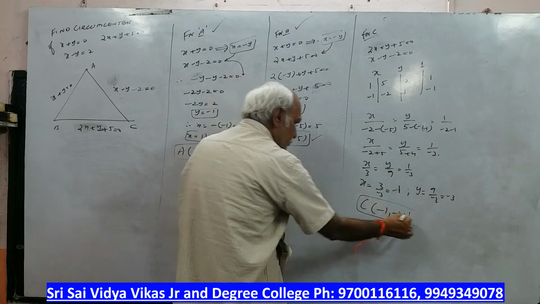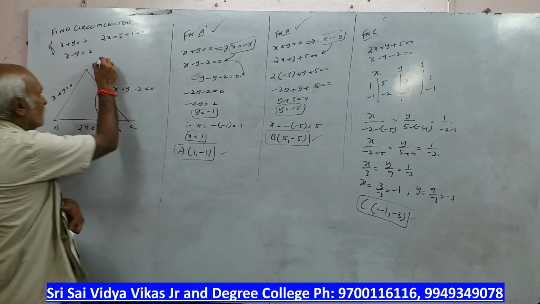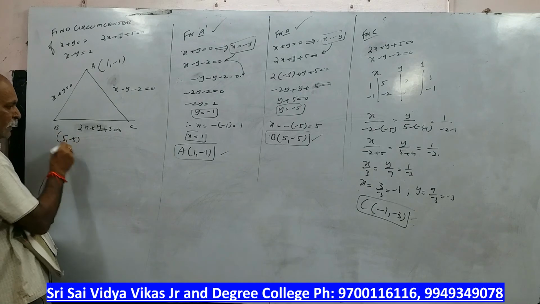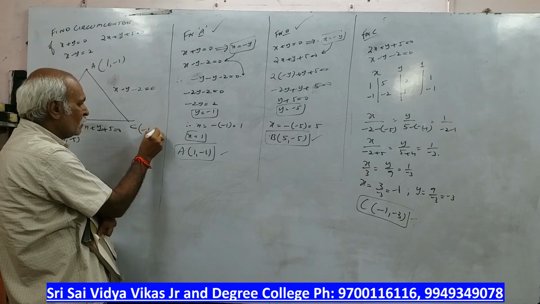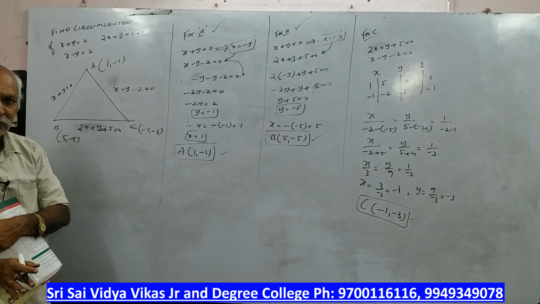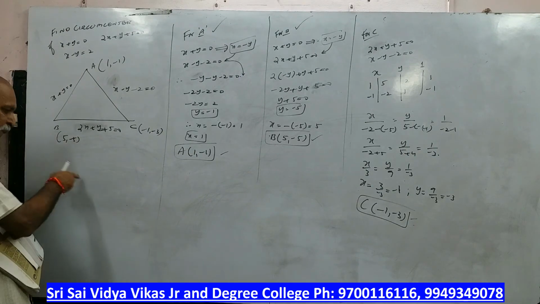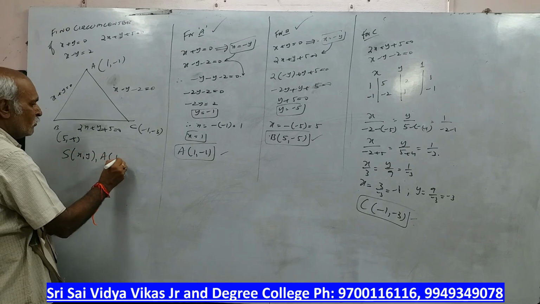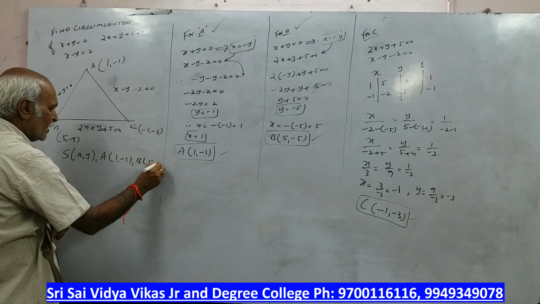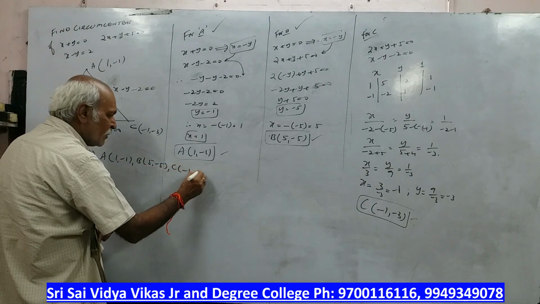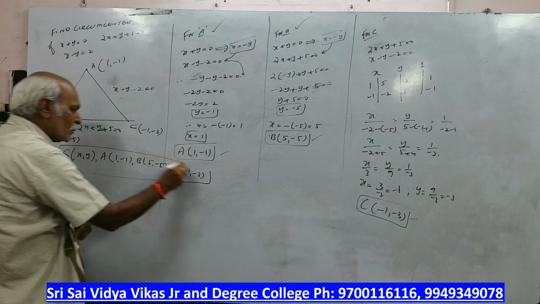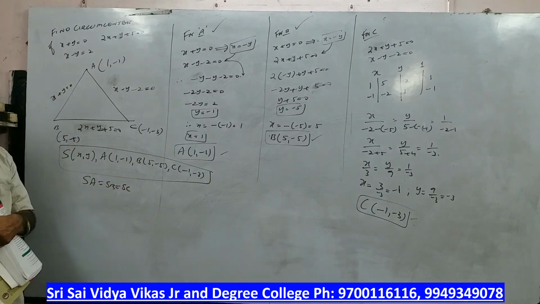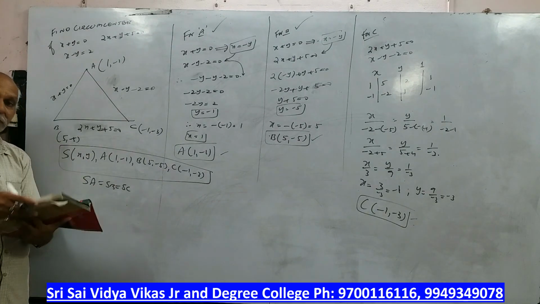We got a point, b point, c point. I am writing here 1 comma minus 1, 5 comma minus 5, minus 1 comma minus 3. Okay. Now listen here. What I want now, you people, I am writing here S is x comma y, A point is 1 comma minus 1, B point is 5 comma minus 5, C point minus 1 comma minus 3. We have done this problem so many times. I want you should start doing it. SA is equal to SB is equal to SC concept you have to apply, and you have to find x and y value. Okay, please try this, sir.